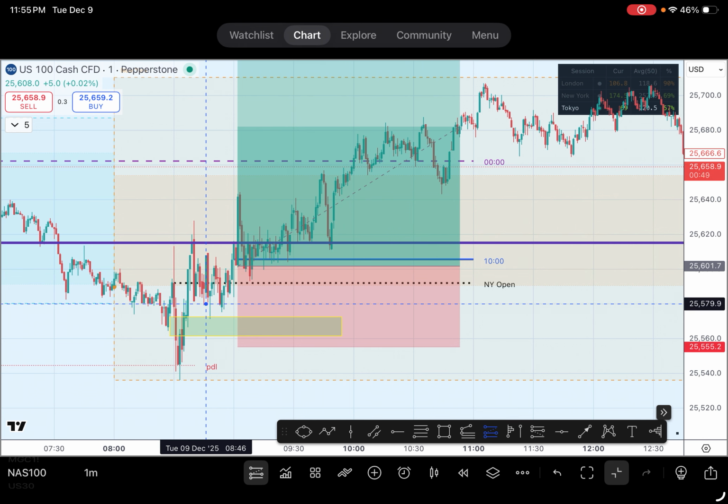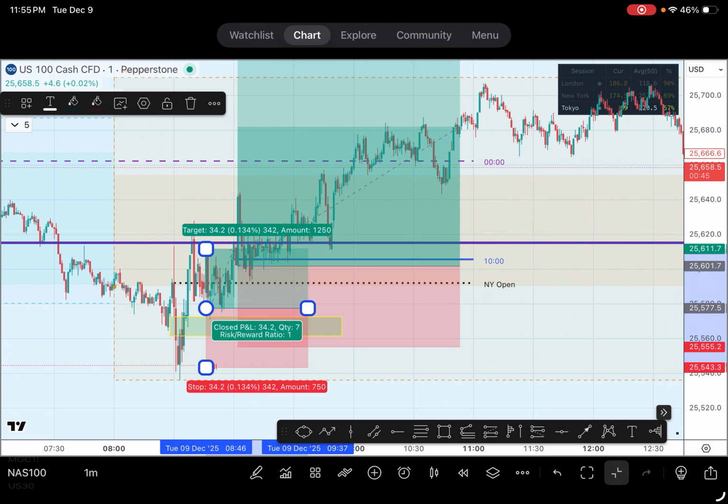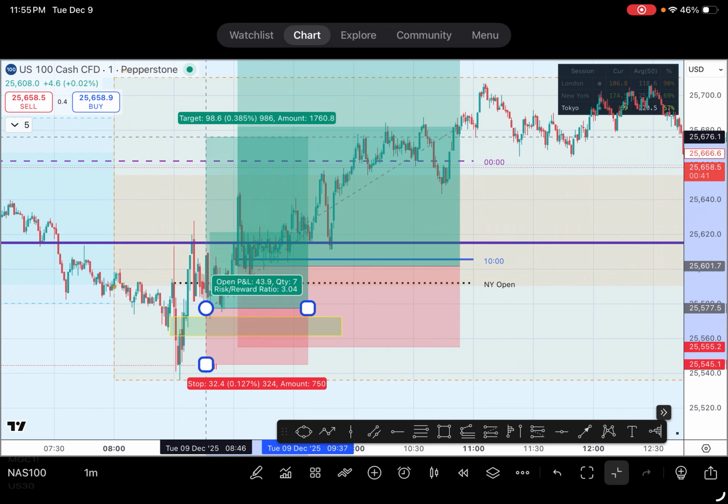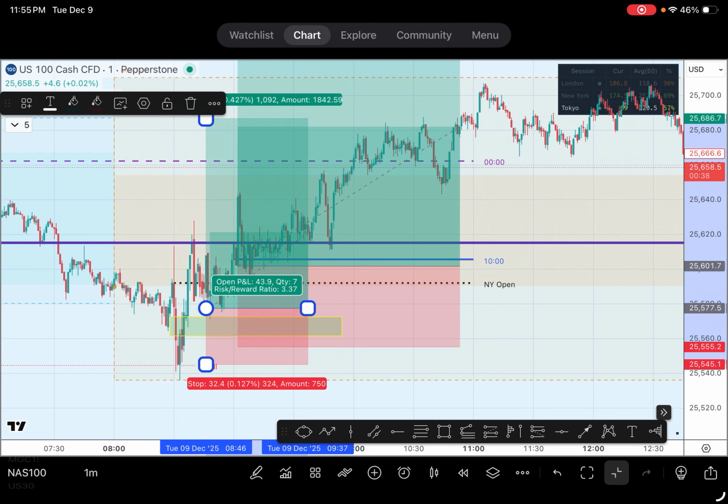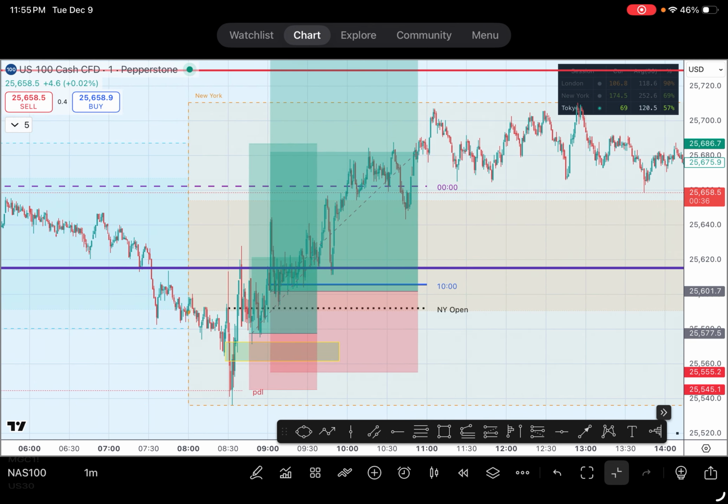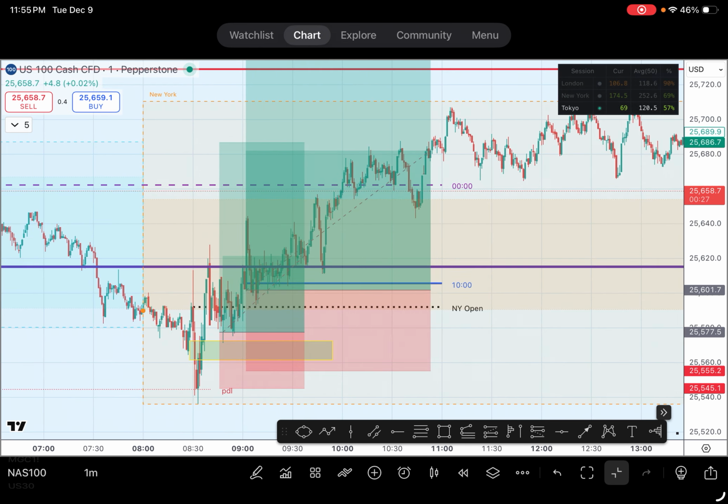You put your entry above that box. Stop loss right there. And now you're just going up towards wherever London high was. So once London low was swept, that blue box is London. Once London low was swept, it created a little bit of a fair value gap. Price in New York after 8:30 swept that, creating the IFVG. All you do is put your entry right there, your stop loss at the close of the last candle,